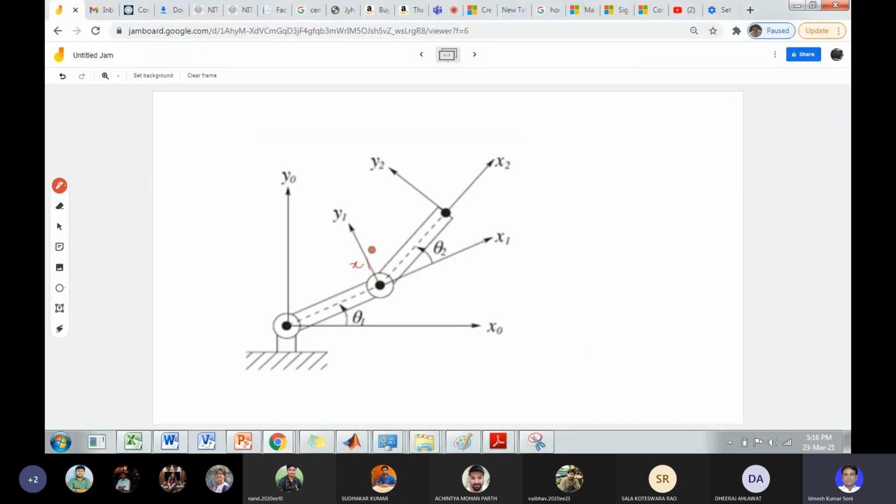This is x1, y1. The coordinates of this joint is x0, y0, and the coordinate of this end is x2, y2. Okay, I will have to modify the figure according to this rule. So x1 y1 is the coordinate of the first joint, second joint, and the end effector. Okay,